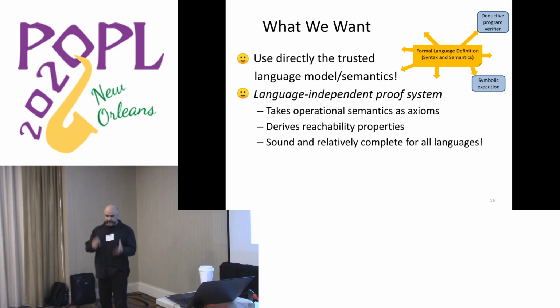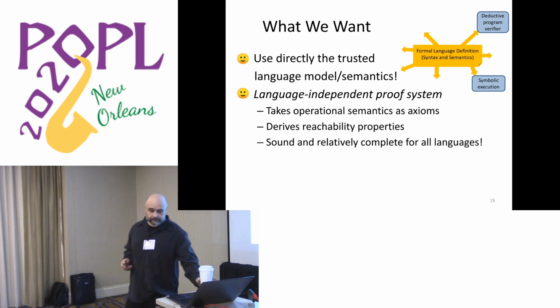But how can we avoid it? Because on the other hand, Hoare logic is really nice because it gives you the exact proof rules that allow you to prove properties about programs. So we'd like something like Hoare logic, but completely language independent. Something that takes an operational semantics as a theory, as axioms, and allows you to do reasoning about that, which is as nice and useful as with a Hoare logic environment. So we'd like to be able to derive any properties from the operational semantics, and at the same time, we want everything. Let's also aim for a sound and relatively complete proving procedure because we generate it from the operational semantics directly.